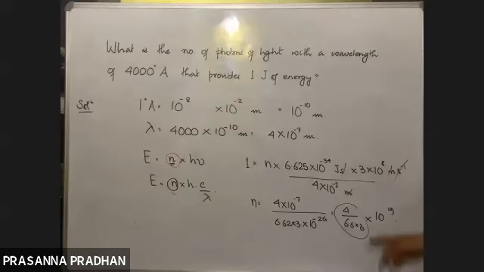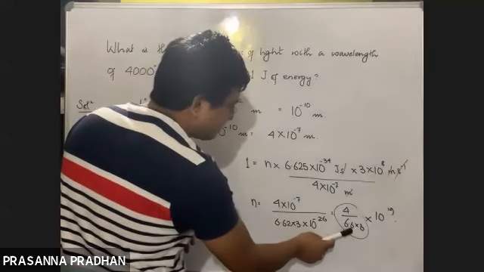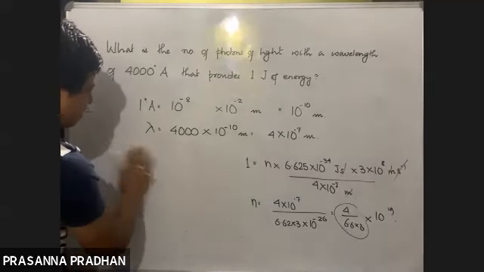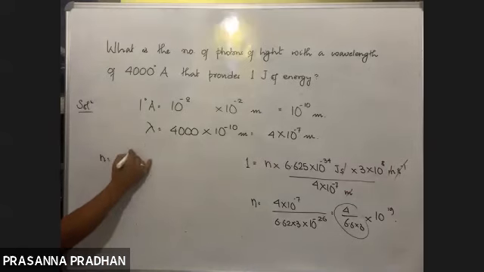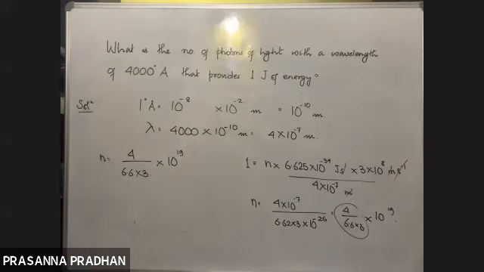Sir, the number of photons has to be a whole number. It will be a whole number. Let's see how much it comes to: 4 divided by 6.6 into 3 comes to 4.95. Yes, photons should come out as a whole number. n equals 4 by 6.6 into 3 into 10 to the power 19. Let me remove your doubt. It is coming as a fraction, so let's use a calculator and tell me how much it comes to.